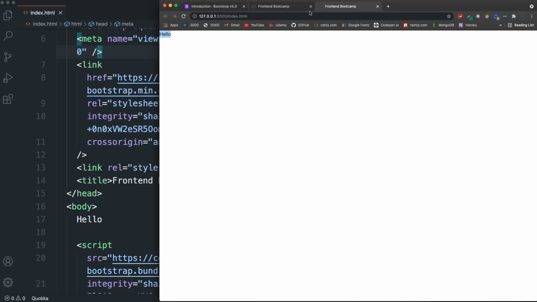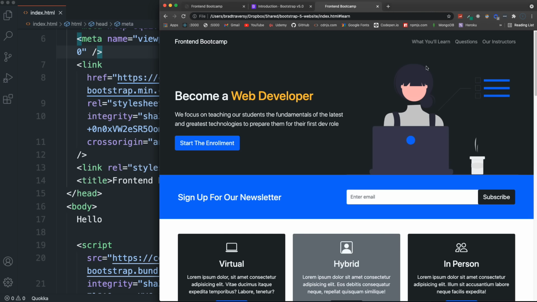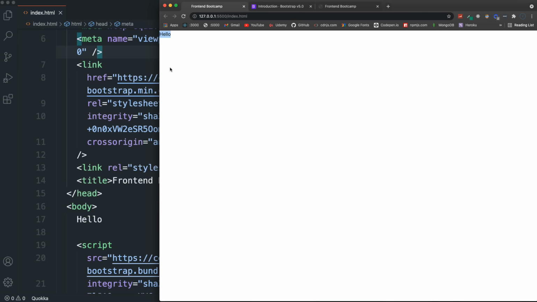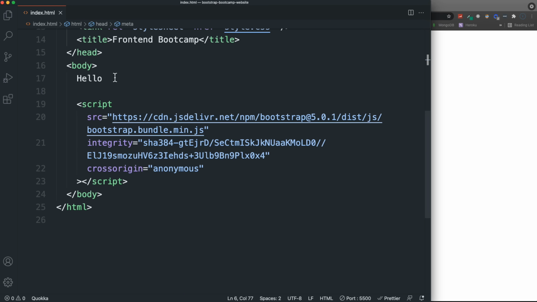So we're going to kind of just start top to bottom. Let me move this tab to the first. And then we're going to start off with the Navbar, which of course is very important for any website. And then we'll just kind of go down. All right, so for the Navbar, let's go over here and let's get rid of this hello. And we're going to use an HTML5 nav tag with the class of navbar. And then we want to do